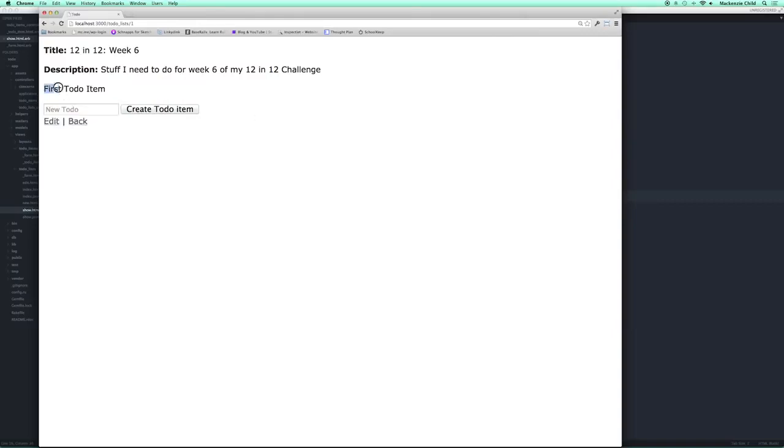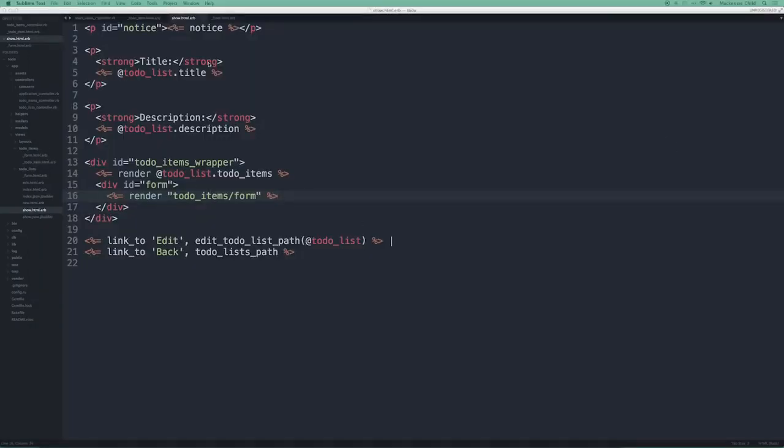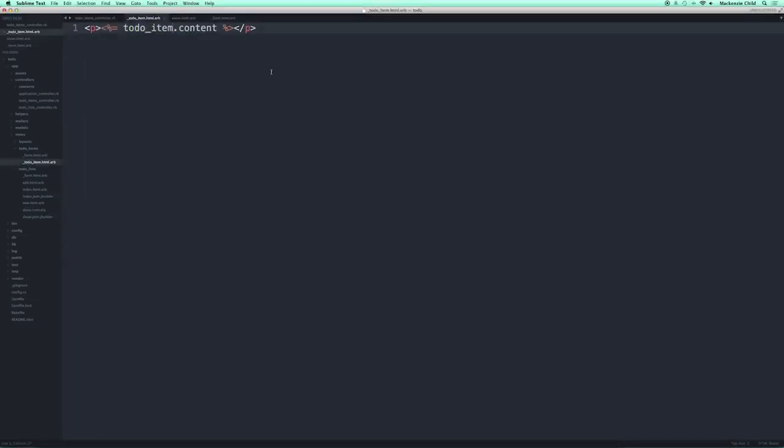Awesome. So you can see that lists out the to-do item. Let's do another. Very cool. So that's all working. I also want the ability to delete a to-do item. So what I'm going to do is go back to the _to-do_item.html.erb, and I'm just going